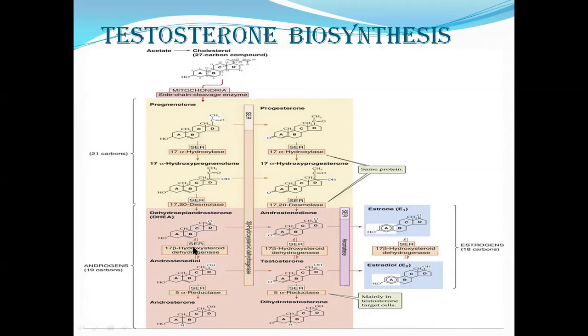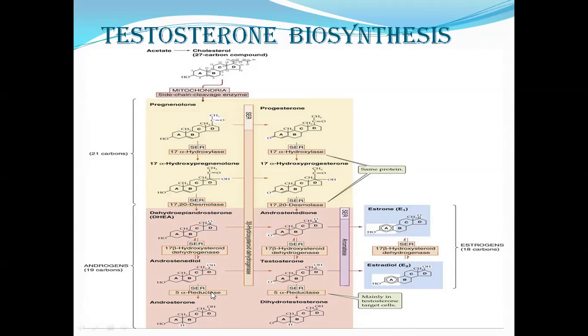This is interconvertible into androstenedione and into testosterone. Now, here we find that in 3-beta hydroxysteroid dehydrogenase, the hydroxyl group has been changed to a keto group. But we find that the opposite reaction is also happening, that this keto group at the 17th position is being changed into a hydroxyl group. So this is interconvertible. That is, the hydroxyl group is replaced by a keto group, or the keto group is replaced by a hydroxyl group. And the enzyme here is 17-hydroxysteroid